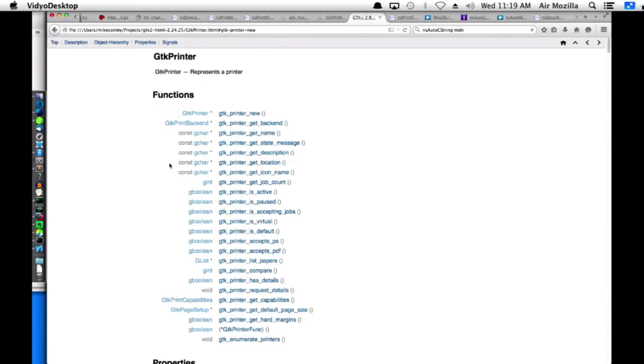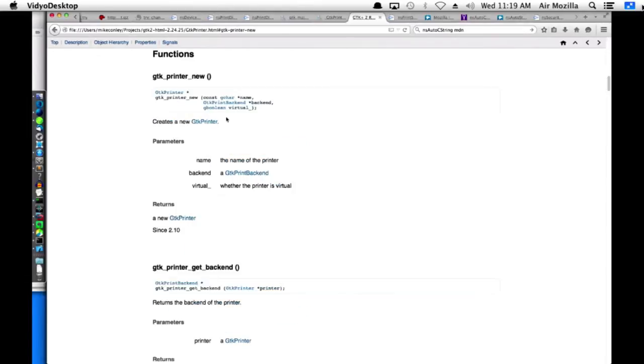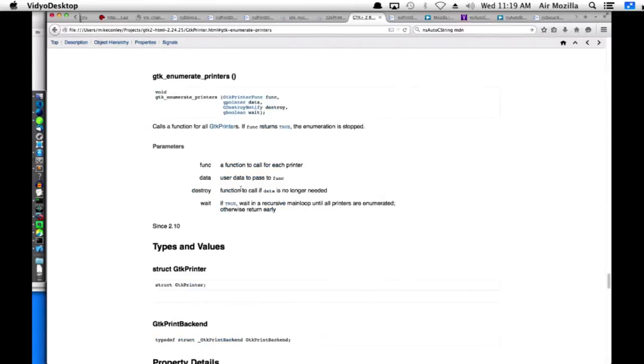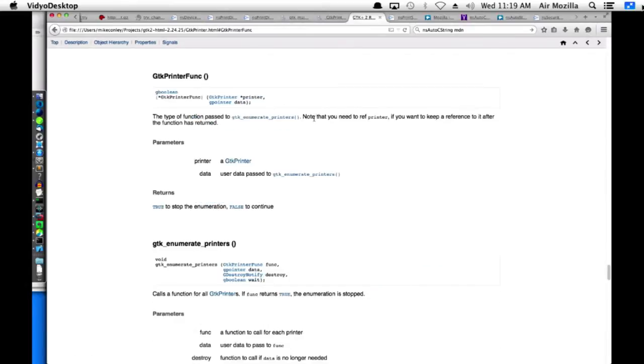When we enumerate the printers, we get handed something. We get handed a printer. Note that here we go. You need to ref the printer if you want to keep a reference to it after the function is returned.